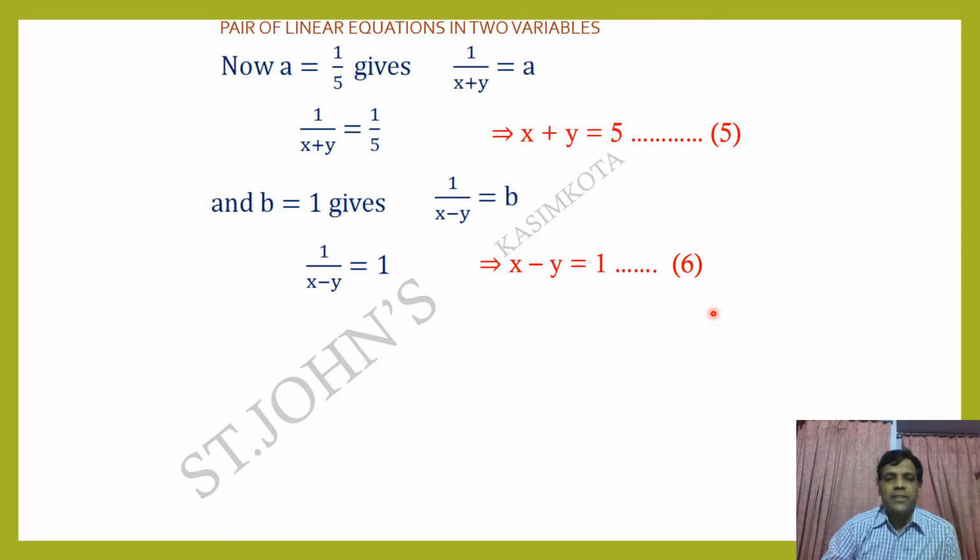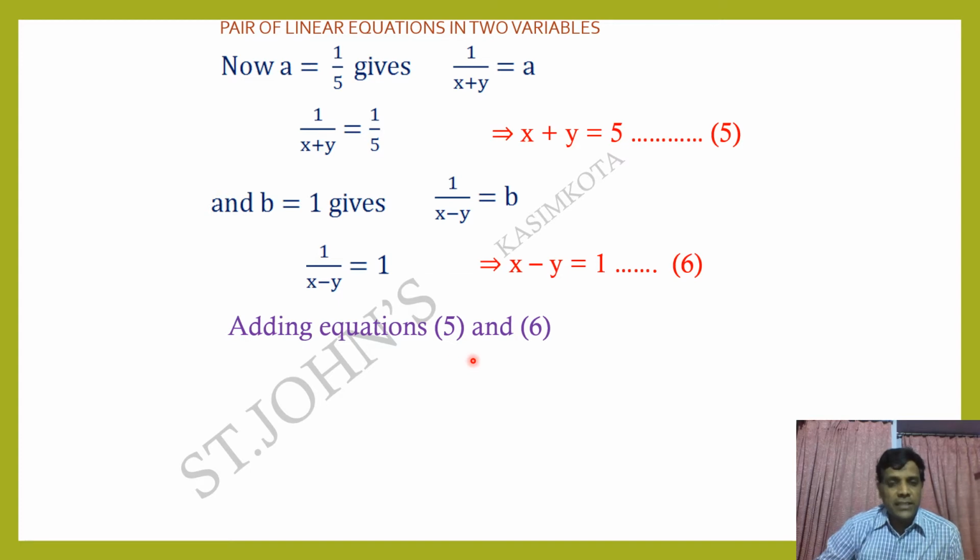Now you have to solve these two equations. We will get the values of x and y. Now what do you observe here? Based on equation 5 and equation 6, plus y and minus y are equal terms with different symbols. Subtraction is possible, but the simple way is to add the fifth equation and the sixth equation. Write it in the next step.